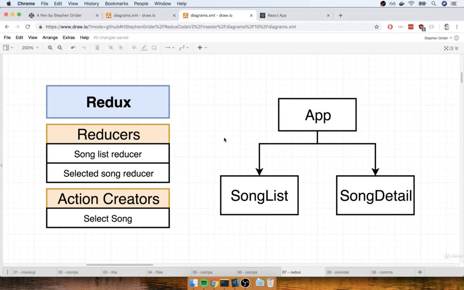In the last video, we started talking about the Redux side of this application. So in total, we're going to have the two reducers and one action creator. Now that we understand the React side and the Redux side, it's time to understand how these two things are going to fit together. And remember, that is the job of the React Redux library. So in this video, we're going to talk about how to get these things to play nicely together using that library. Let's get to it.